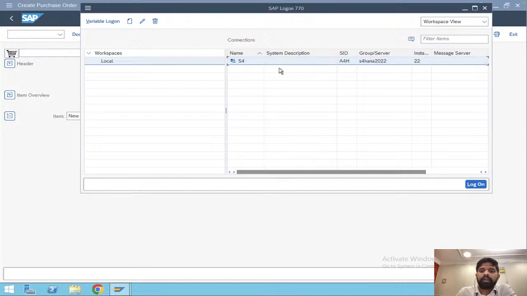Then the second will be quality, and the third will be production. So there will be three line items over here. All three line items will have different IDs and passwords, and we have to go into each and do the respective tasks.